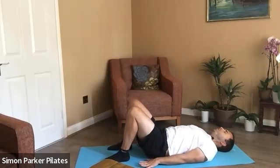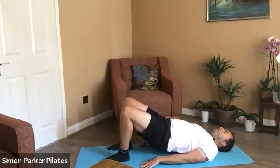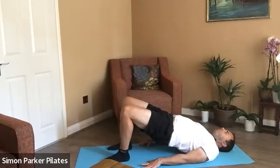We're going to breathe in from the floor, and then we're going to start to lift into a bridge. Just carefully start to lift your back away from the mat, peeling your way up. As you lift, if the back starts to hurt when you lift, don't go any further. If you're feeling okay, you want to continue until just only the shoulder blades are connected, and you want to have your body in a straight line. That straight line goes through from the knee down to your hip, then down to the shoulder,